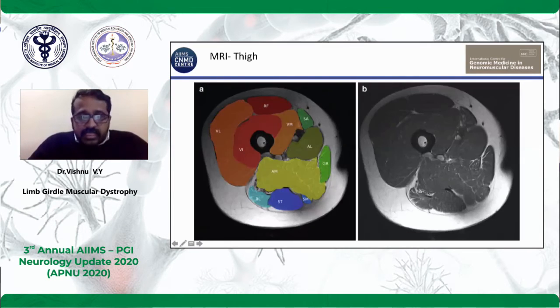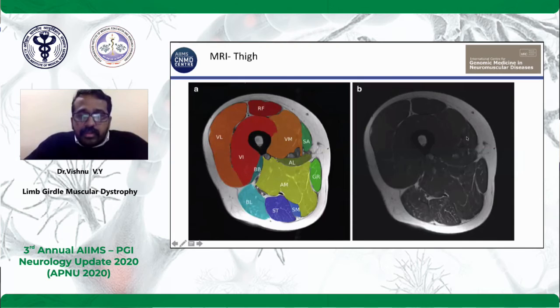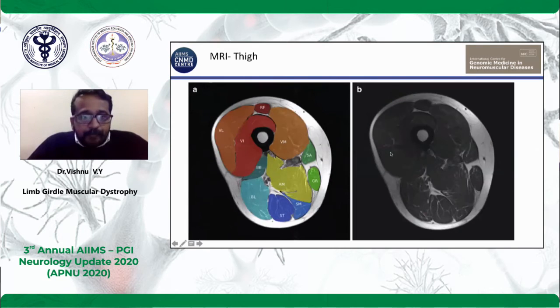Again, this cut is the one which is usually used for most of the pathology. Here is the cut which you can use. The next cut is a little more distal, and we can use most of the things. So you can see the short head of biceps, the biceps longus, semitendinosus, semimembranosus, adductor magnus, gracilis, sartorius, and all the muscles can be seen in this scan. In the lower cut, you can see the same thing further down.